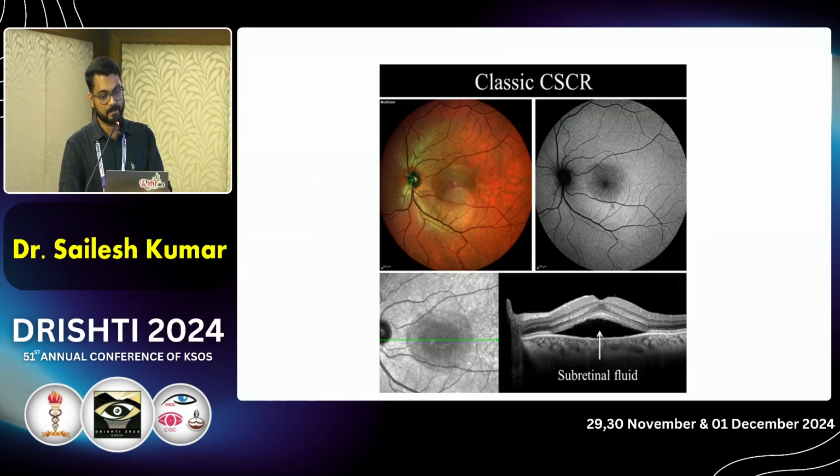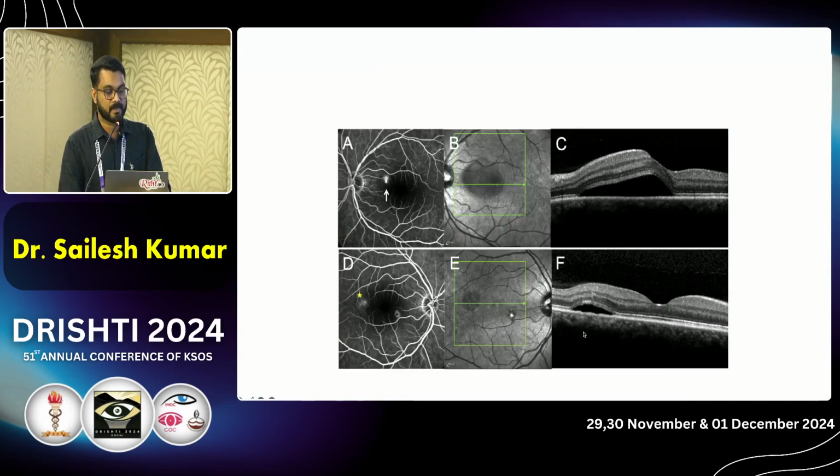So this is a fundus picture of an acute CSCR in which you can see a blister of fluid over the macula. And the corresponding OCT showing subretinal fluid at the macula with the dome-shaped elevation of the macula. So this is another case of acute CSCR in which you can see a point leakage with smokestack pattern on